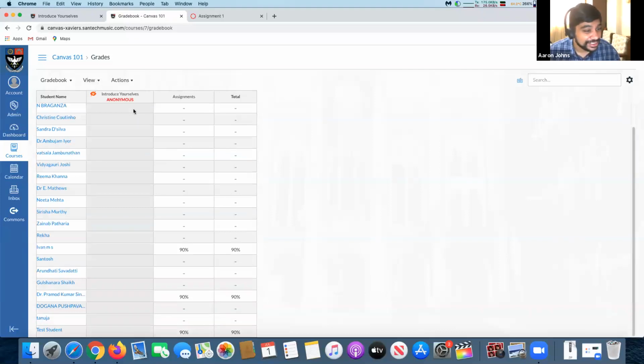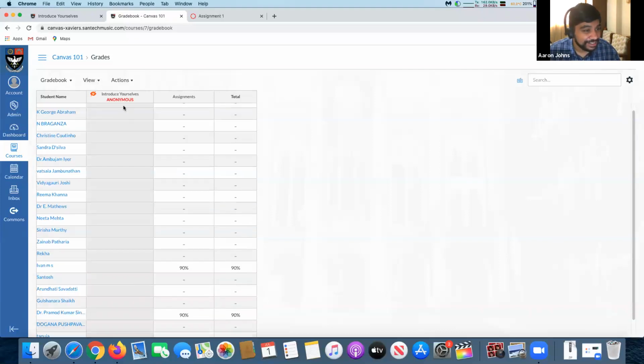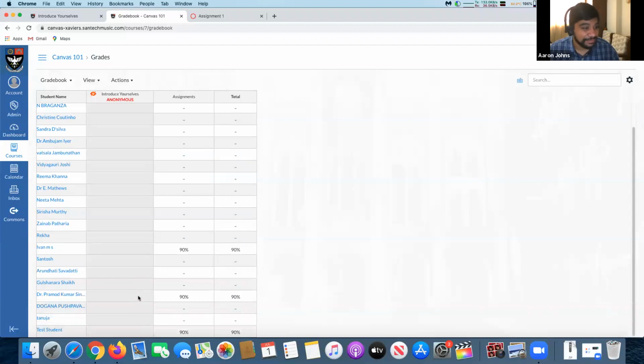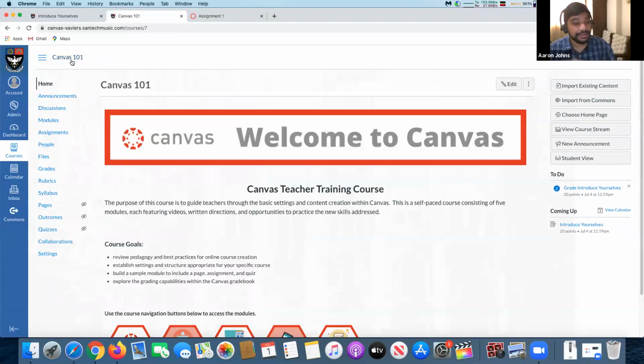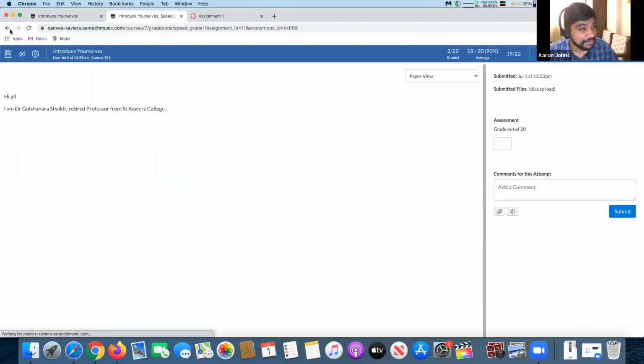Can you see anonymous grading? You can't see the marks. I can't see the marks myself, what I've given to people. It's all hidden. Then it can be moderated and then finally done up. But I think I'll remove the anonymous.